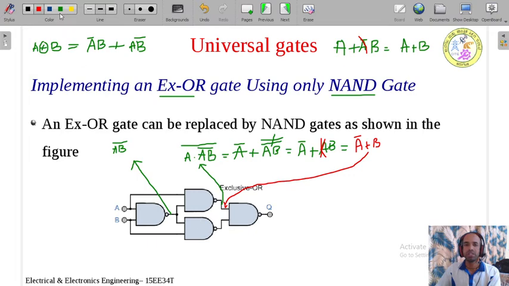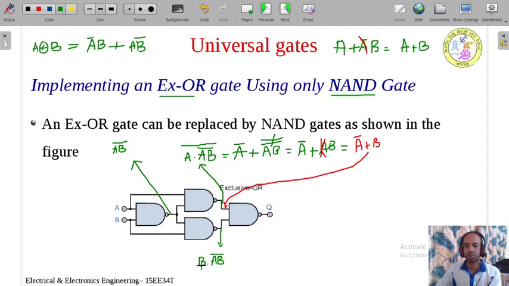Similarly we need to find the output available at this point. What is the output available here? So what are the inputs to this gate? That I need to write first. One input is B. I will write the first input, that is nothing but B. And what is the second input? It is nothing but this one. This wire is connected here, this line, that is nothing but AB bar. So it is B dot AB whole bar.